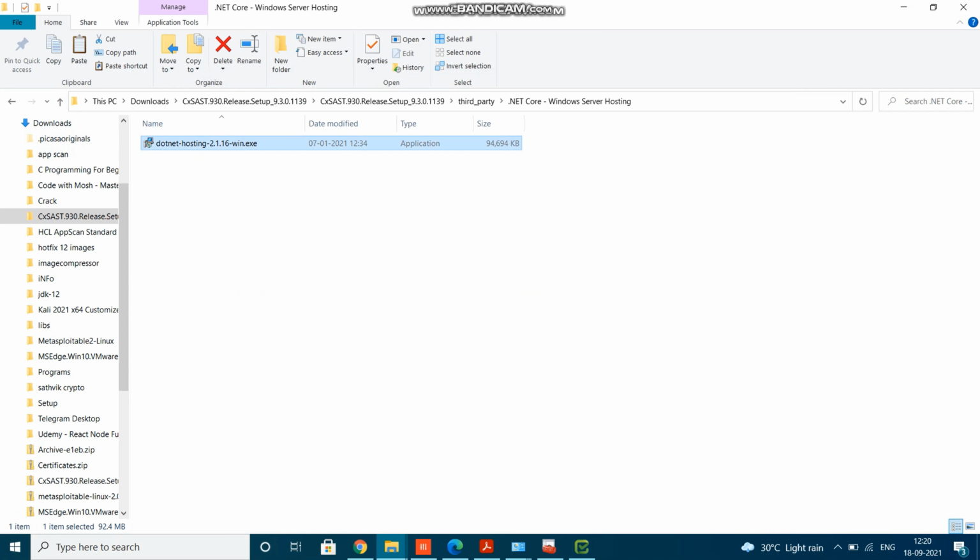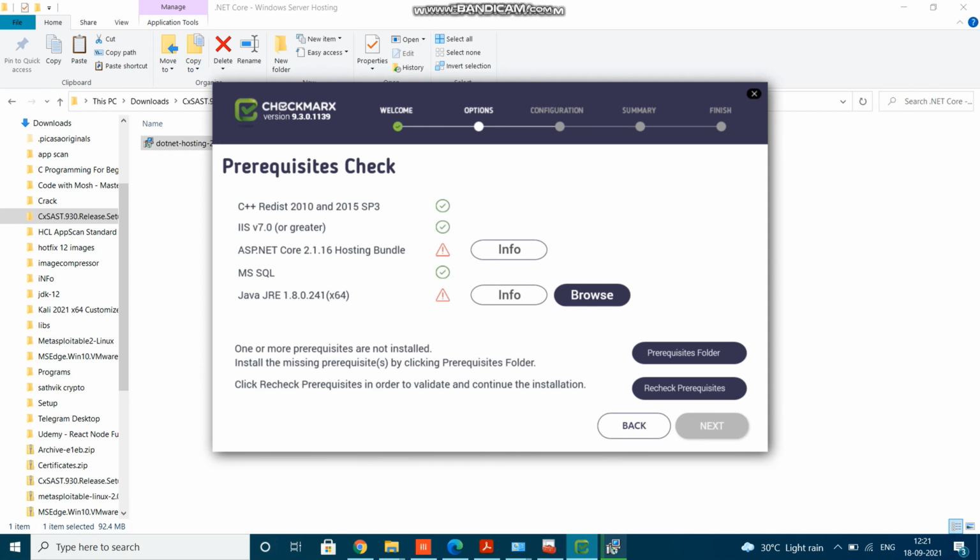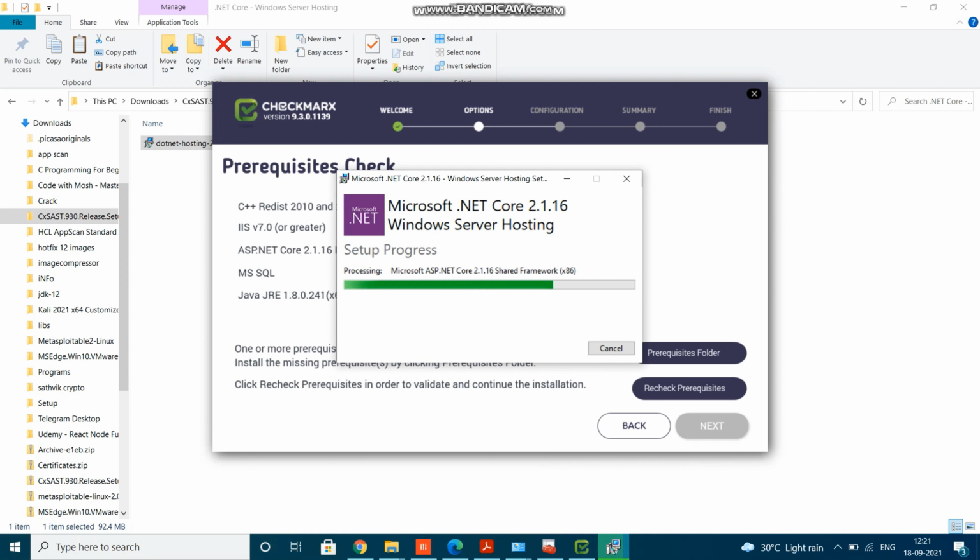Now I'm going back to the ASP.NET installation folder again, and let me try to reinstall it. Please do reinstall it just in case it doesn't detect it. So I'm reinstalling. Let it install. So let's wait.